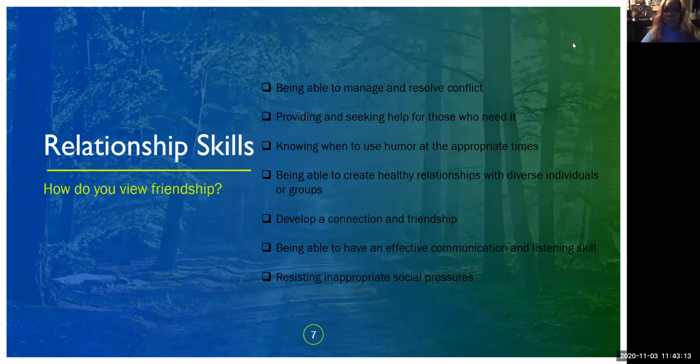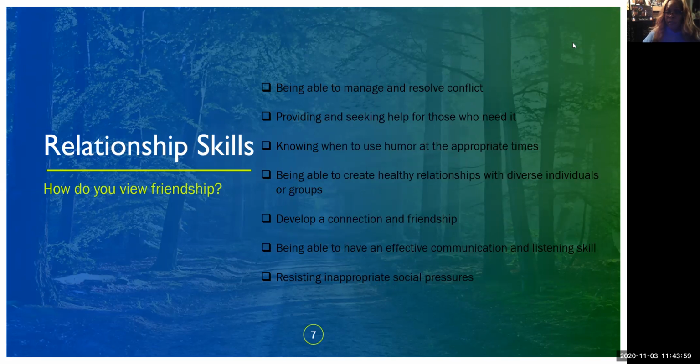Relationship skills. Being able to manage and resolve conflict. How do you view a friendship? Don't you want someone that you can talk to? Well, so do kids. They want to be able to talk to someone. They want to be able to talk to their friends. But then there's conflict sometimes, and they don't know how to handle it. We teach them conflict and resolution skills, providing and seeking help for those who need it. We teach them it's okay to say, I need help. And we model that